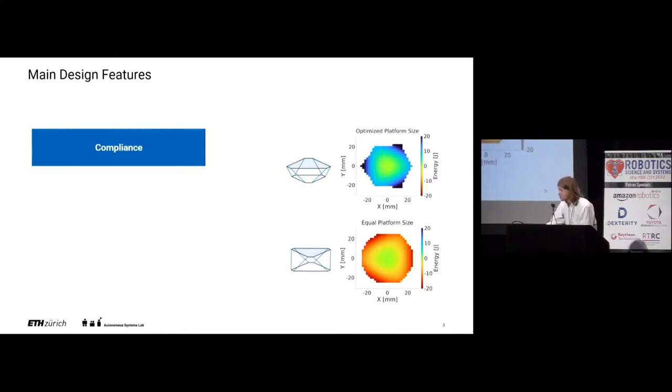If you look at the plots which show the energy required to displace this upper part, you can see that this is not always given. For our optimized geometry at the top, we have a nice basin of attraction at 0, 0, shown in green, surrounded by higher energy levels in blue, whereas for a Stewart platform with equally sized upper and lower body, you can see that less energy is required the further the upper part moves outwards, which would make it always fall to the side.